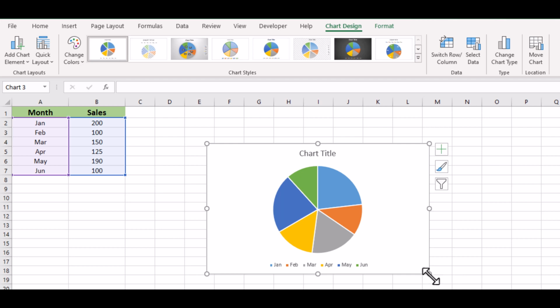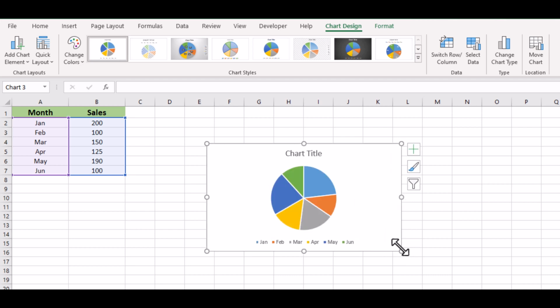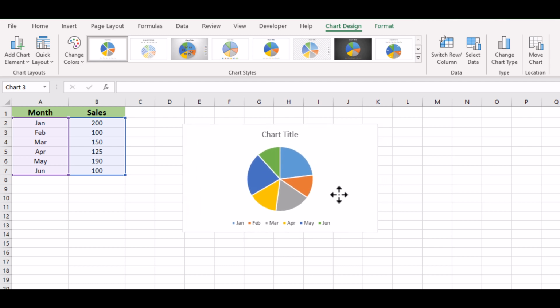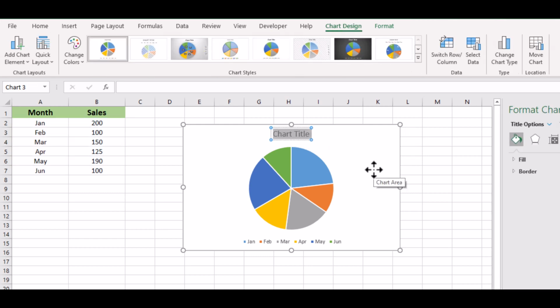You can resize the chart by clicking here and dragging. Also, you can change the position of your chart. You can name your pie chart anything you want. Click on the caption, type your name,